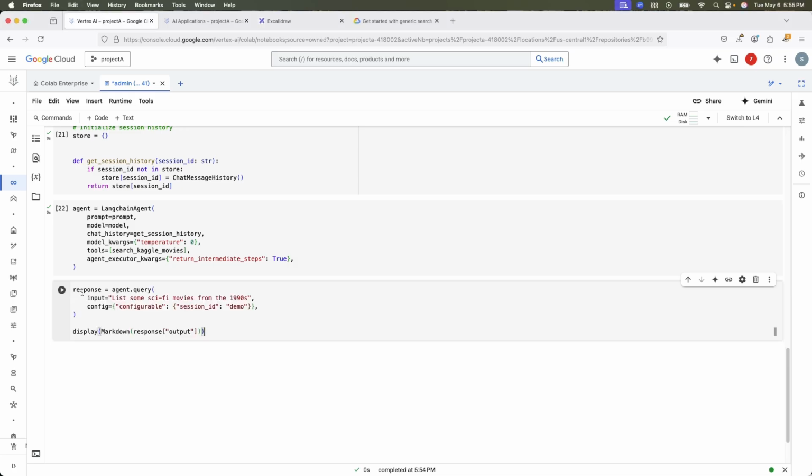Let me copy the right code. Yeah, so we are saying response agent dot query. We are going to make a query, and the input is list some science fiction movies from 1990s. Because our data set contains a lot of movies collections and has a lot of PDF about the movies information over there. So basically this input